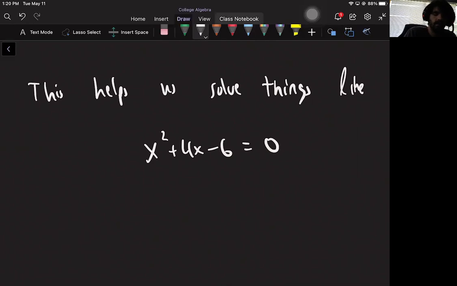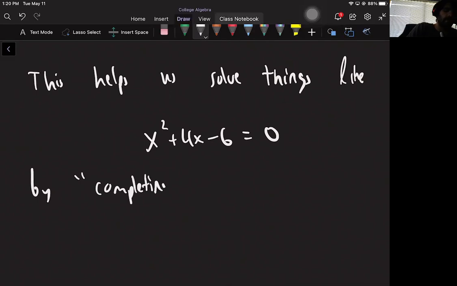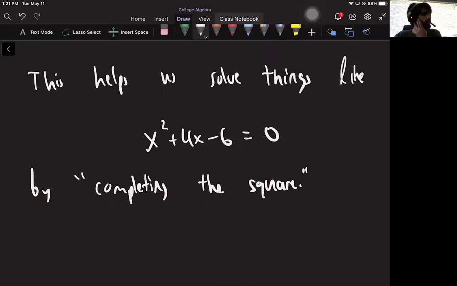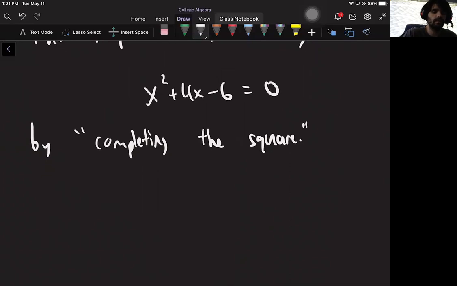So this helps us solve things like the following, not exactly the same way, but by some technique called completing the square. The quote's over here, actually. Completing the square. So the idea is I want to turn the left side into something squared,